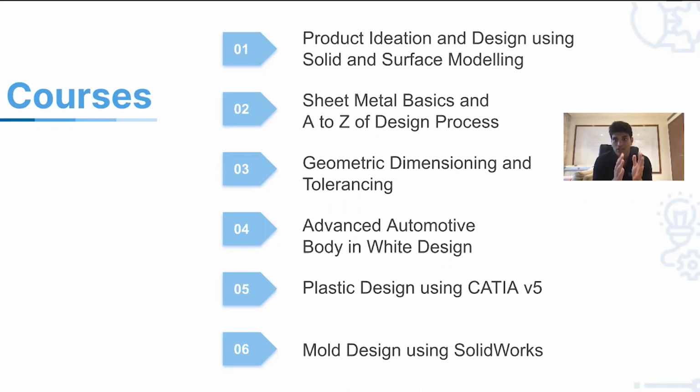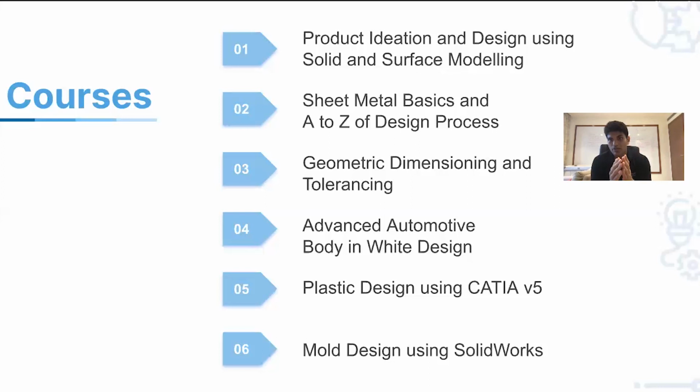solid and surface modeling. Here, you learn both solid and surface modeling. The second course is an introduction to sheet metal design. Here, you understand the different processes in sheet metal design. Then you learn GD&T. What is GD&T? Whenever a company designs a component to be mass manufactured, in order to be mass manufactured, the company needs to have dimensions and tolerances that are understood by the company, that are understood by the suppliers, that are understood by the production facilities. So ASME has brought in something called GD&T, and that is something that you will be learning in this coursework as well.